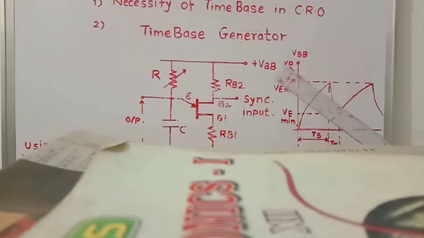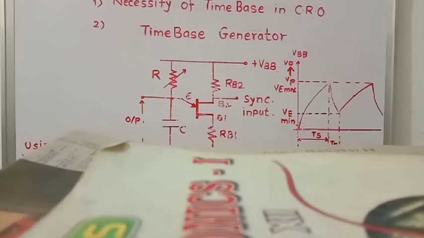Okay, so first of all, when VBB is applied, capacitor C charges through its series resistance R. During this charging period, the voltage across it increases exponentially, and when it reaches the peak point voltage Vp, which is equal to eta VBB plus 0.7, the emitter to base 1 junction is forward biased. The UJT then provides a low resistance path for the capacitor, the capacitor discharges through emitter and base 1, and the voltage across the capacitor falls.